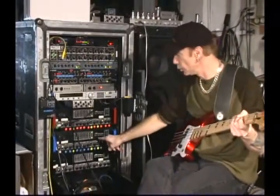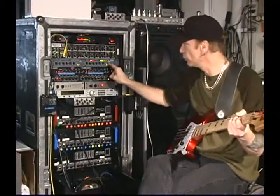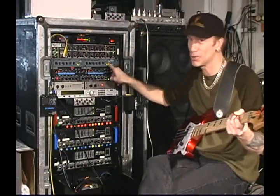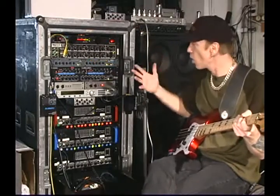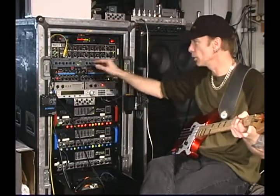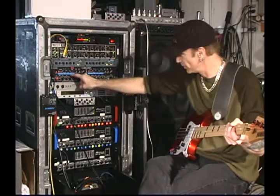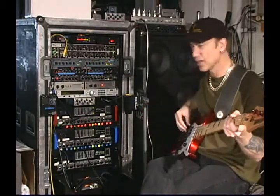Within its loop, it has a send and receive, an effects loop. I have channel 2 of my compression, my Ashley compressor, just for a little bit higher quality compression. The compression that's in the SVT4 Pro is pretty darn good, but I'm just used to the Ashleys, and it gives you a little bit more variation. So one channel is for this, one channel is for the low end. So now when I mix the two together, like I said before,